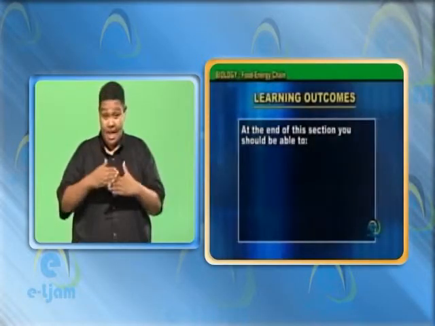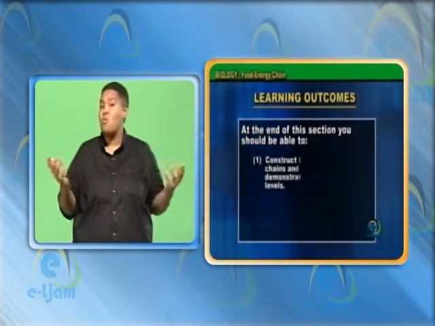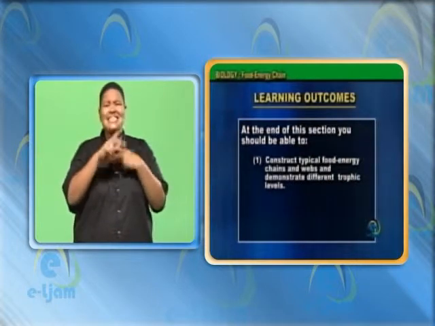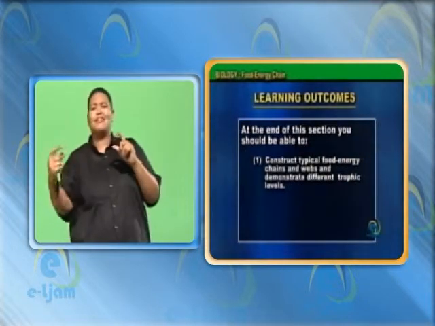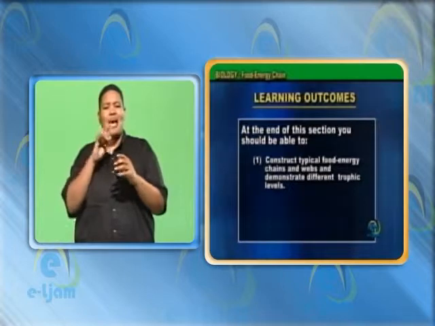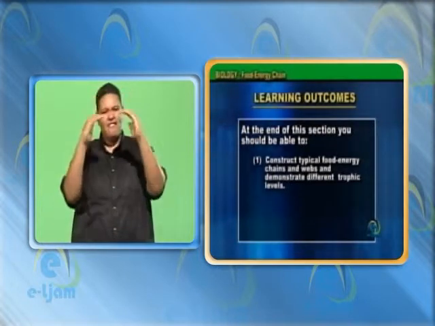At the end of this section, you should be able to construct typical food energy chains and webs and demonstrate different trophic levels. What are some of the animals you may see when you go outdoors? Write them down. No doubt you may see butterflies, caterpillars,